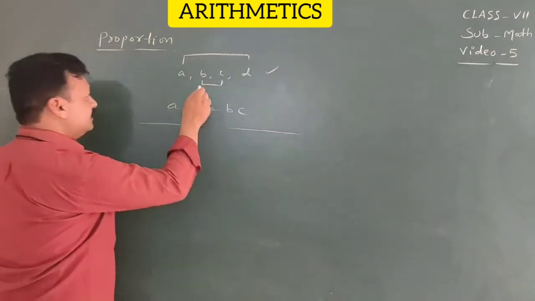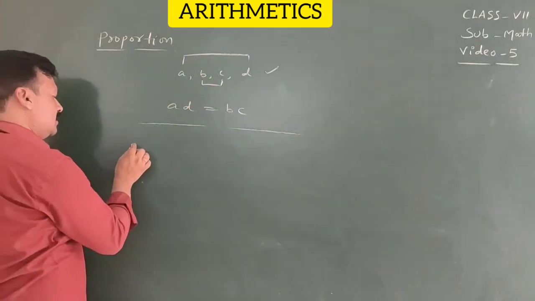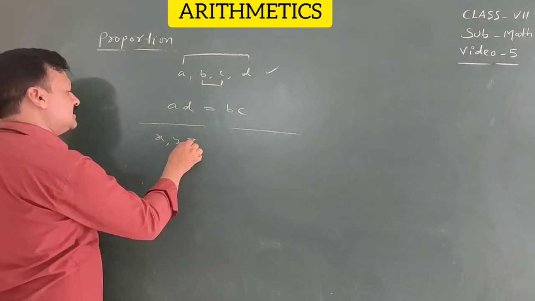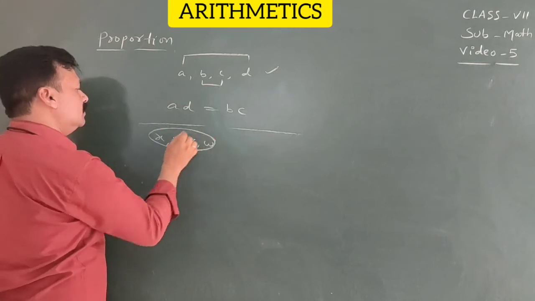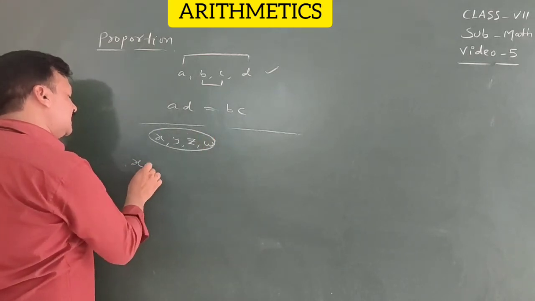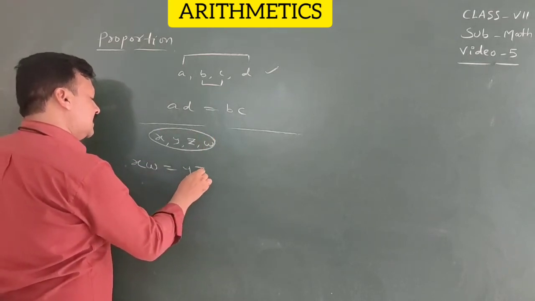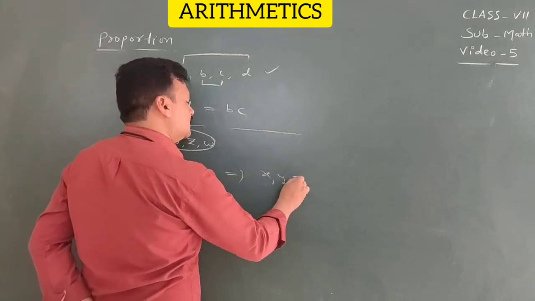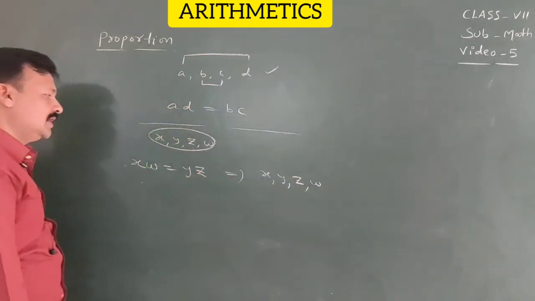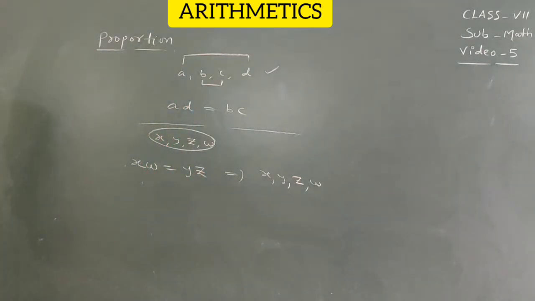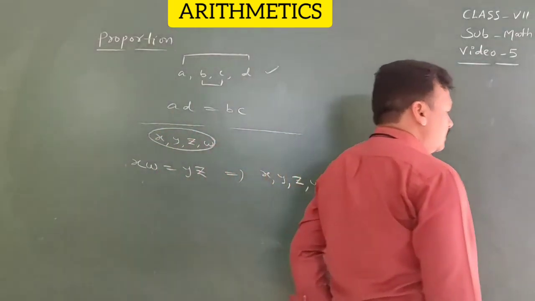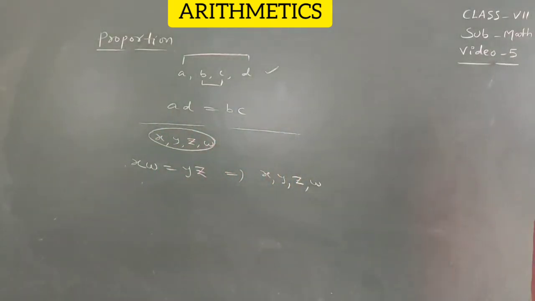And the converse of this statement, for example, for x, y, z, w, if xw equals yz, then we can say x, y, z, w are in proportion. These are vice versa conditions. Proportion means